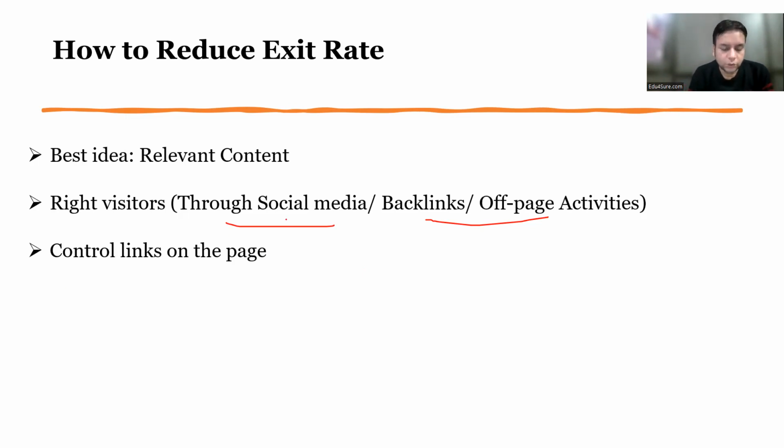Also, we should control the links on the page. I have seen a lot of people put a lot of links to other websites on their pages. Maybe they're getting some money to give the backlink, so they put more links on their page. What actually happens if you put more links to other websites on a page is that people will leave your website and go to some other page. So you should control the links on the page.